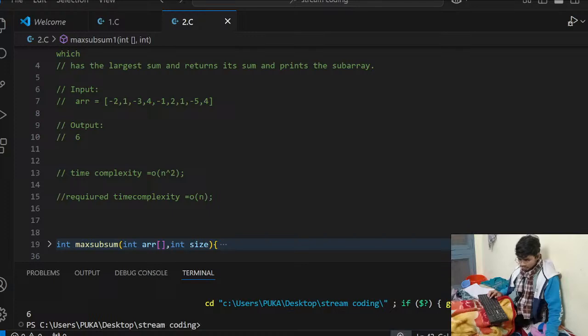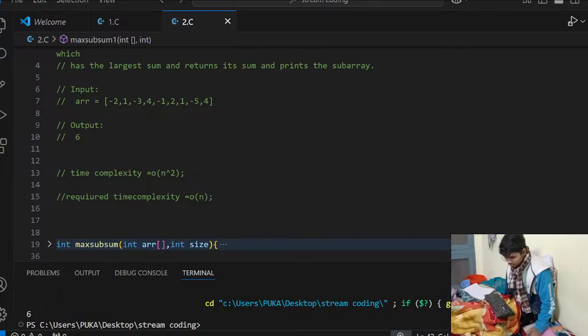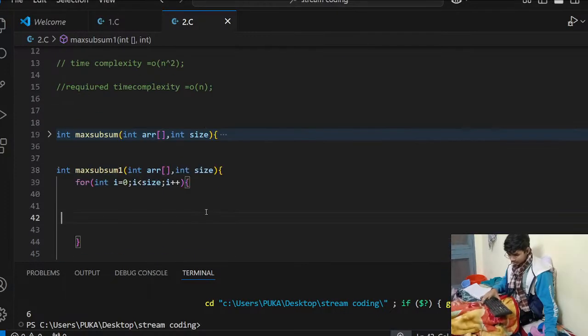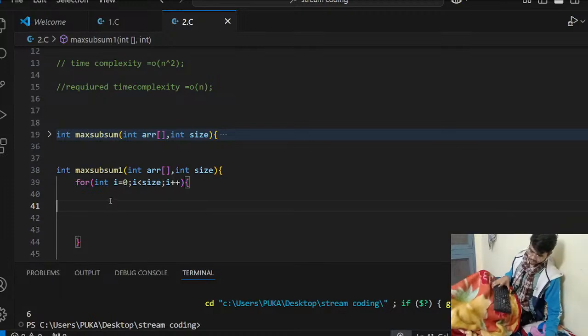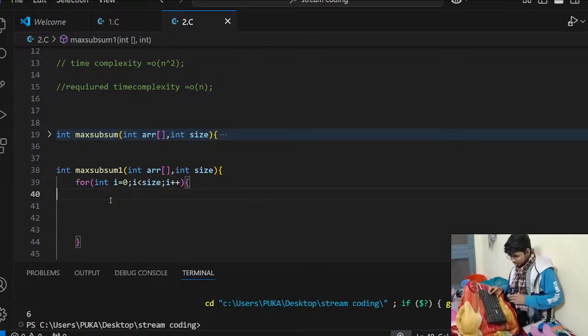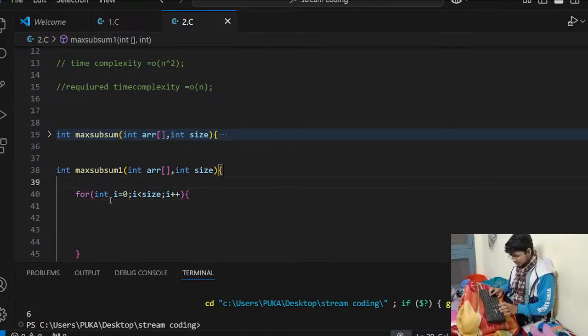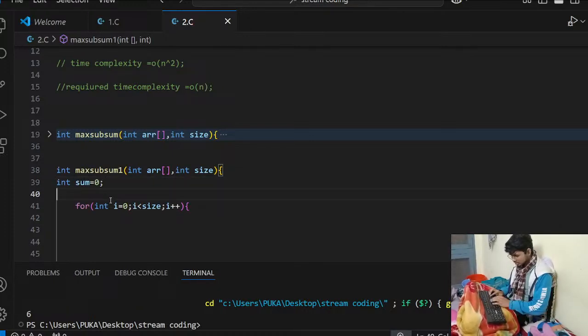Yeah, I am. Okay, so what will I do? I got an idea. I will traverse it once. So first, let me make a variable, int sum = 0, int